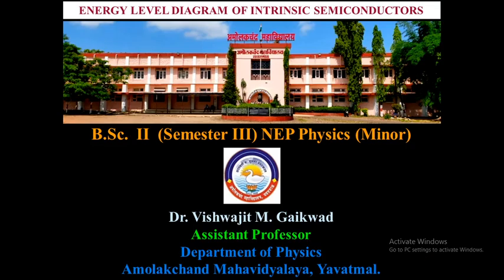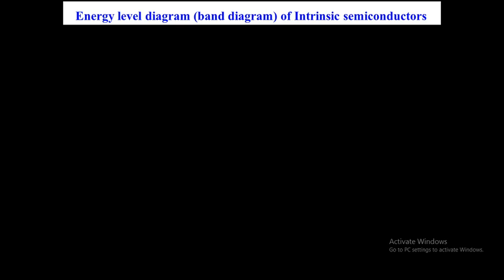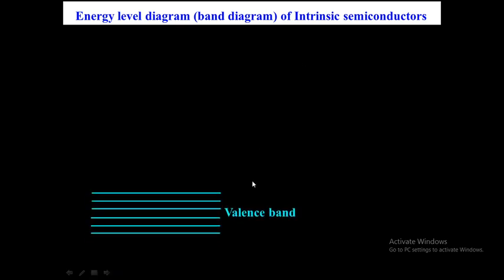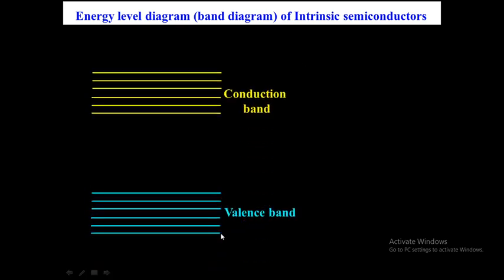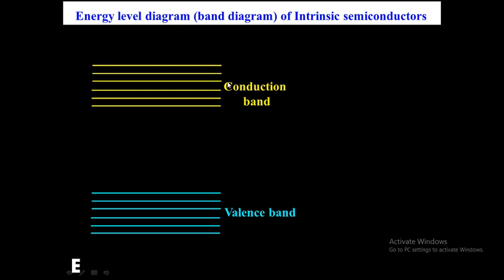Hello students, today we are going to study the energy level diagram of intrinsic semiconductors. The energy level diagram is also called the band diagram of intrinsic semiconductors. It consists of the valence band and conduction band in increasing order of energy. The valence band has low energy whereas the conduction band has high energy, and a band is nothing but a group of energy levels,